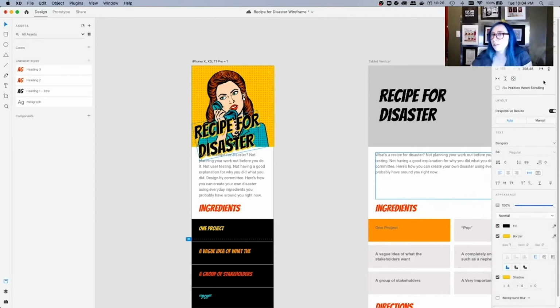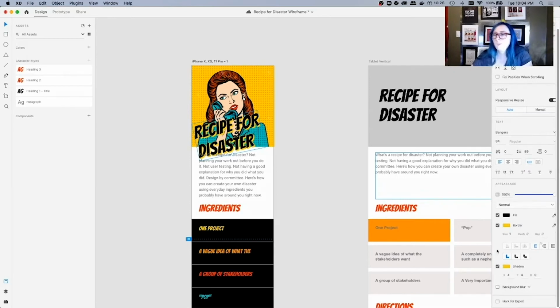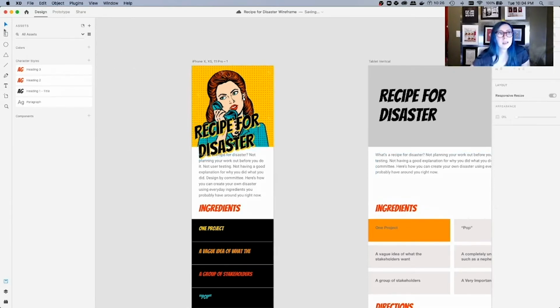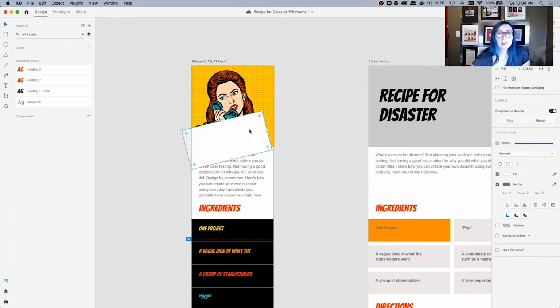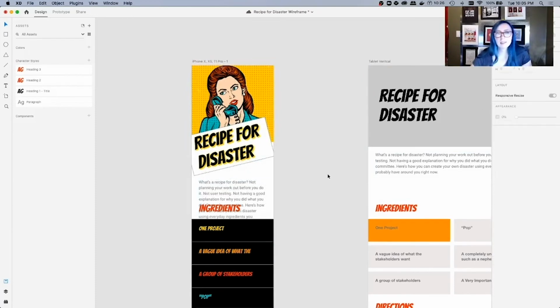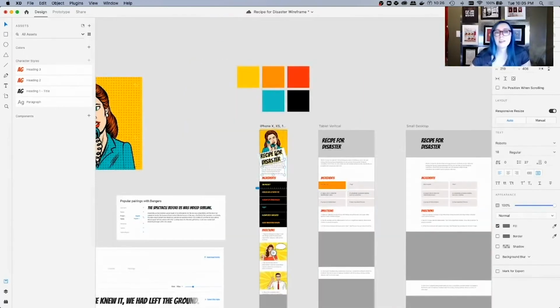Ooh, you can change appearance and stuff like that. No, because it wants to do the fill on just the text. So I would have to drag out another square and then rotate and put it behind. Send to back. And that's kind of an interesting idea. Actually, I really like that.